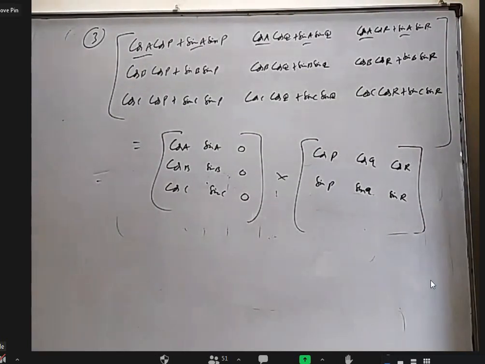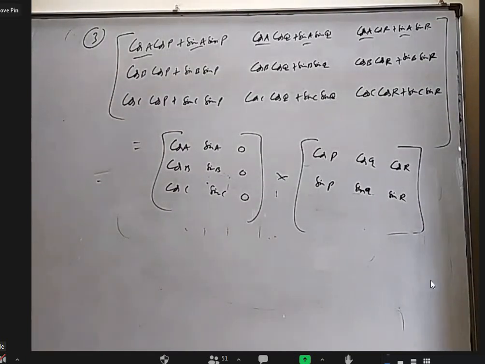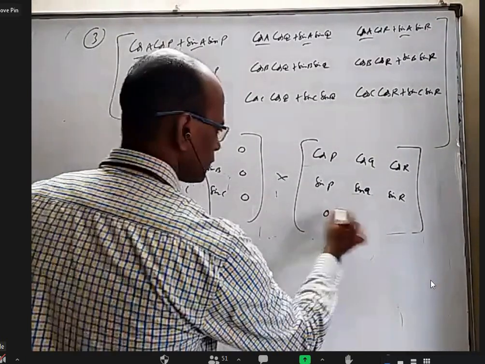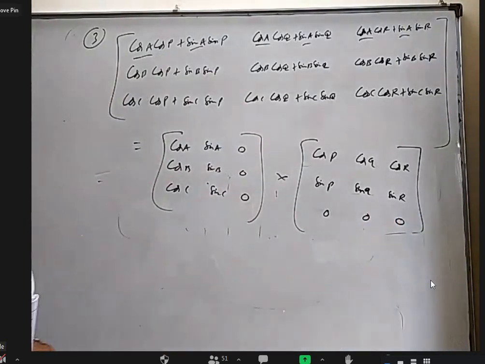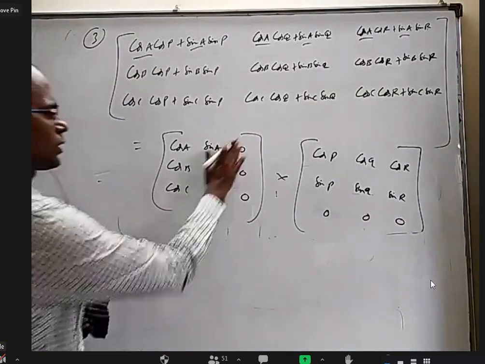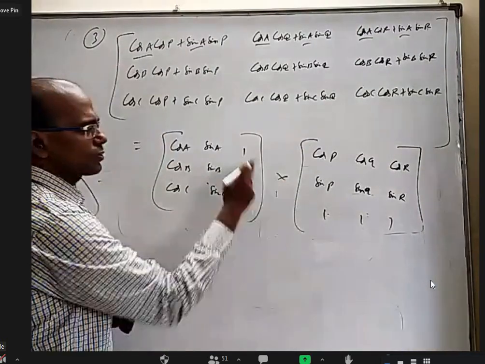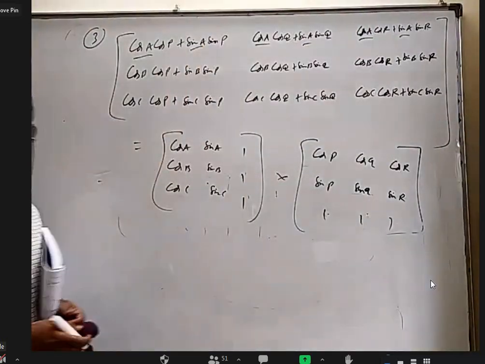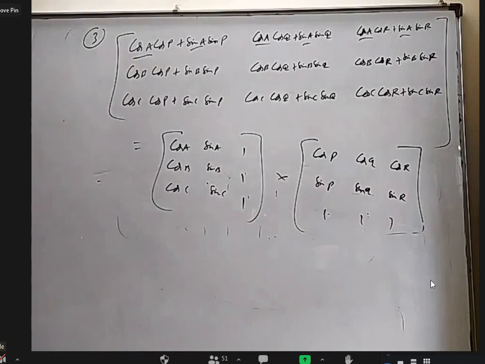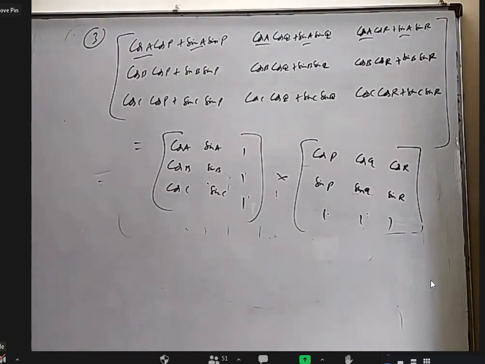Done, sir. Okay, I'm going to give another question. Sir, why can't you put one? Oh, you want to put, let us say, one here and even one here. This plus this will get plus 1. Now, where is plus 1 here? Not there, right? Okay, that's why it has to be 0.